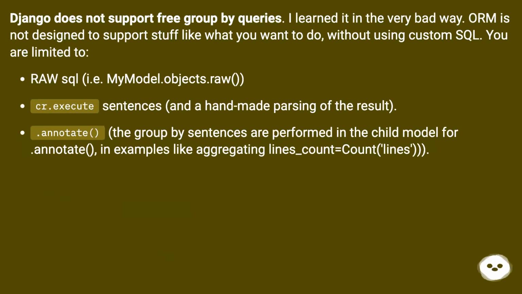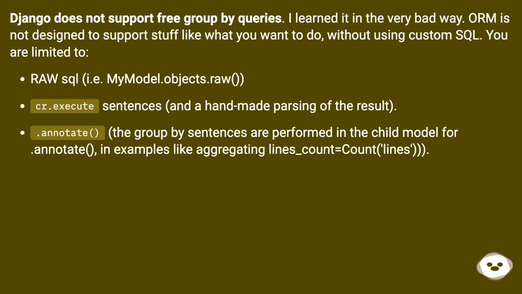Django does not support free group by queries. I learned it in the very bad way. The ORM is not designed to support stuff like what you want to do without using custom SQL. You are limited to raw SQL, MyModel.objects.raw, cr.execute sentences, and a handmade parsing of the result,